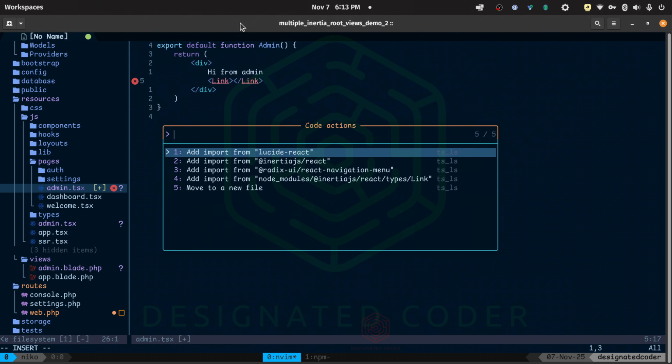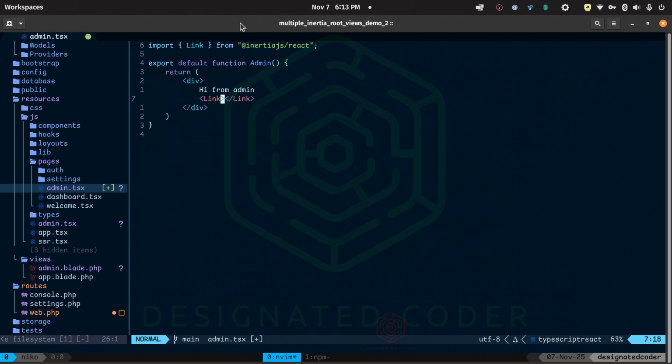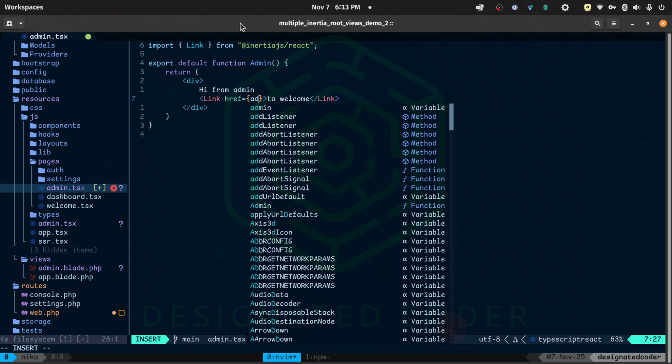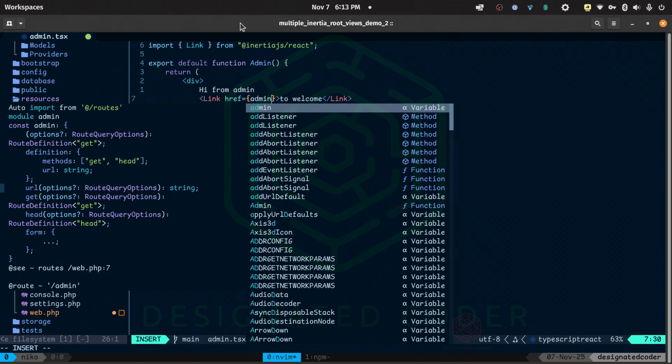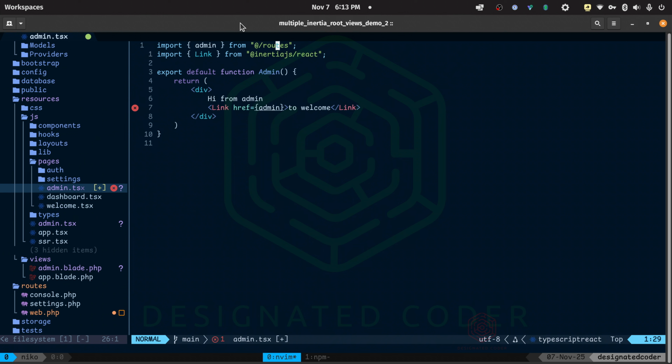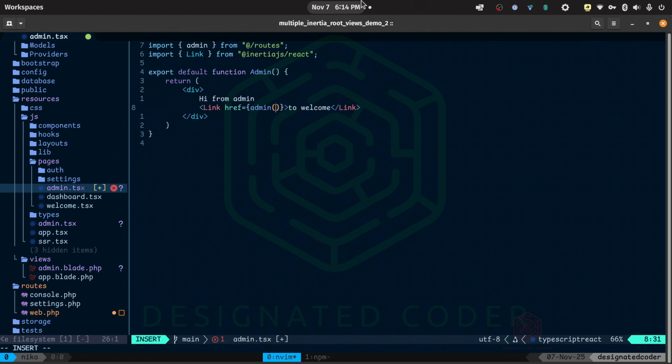Let me import that from Inertia React. We'll say to welcome. And then we'll add the route. I think I can just use that. This is Wayfinder. I'm not going to go into a whole thing on that, but it already imported up top here. So we can do admin with parentheses around the end of it,